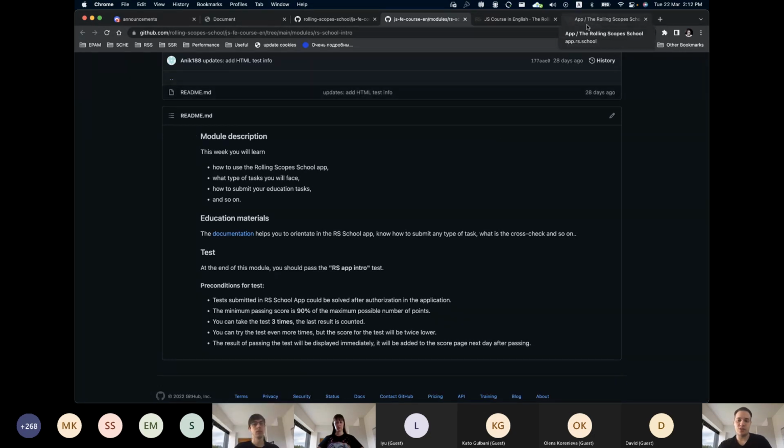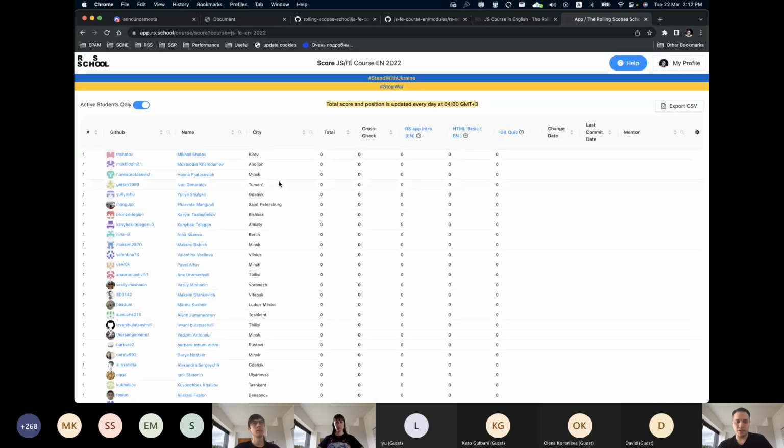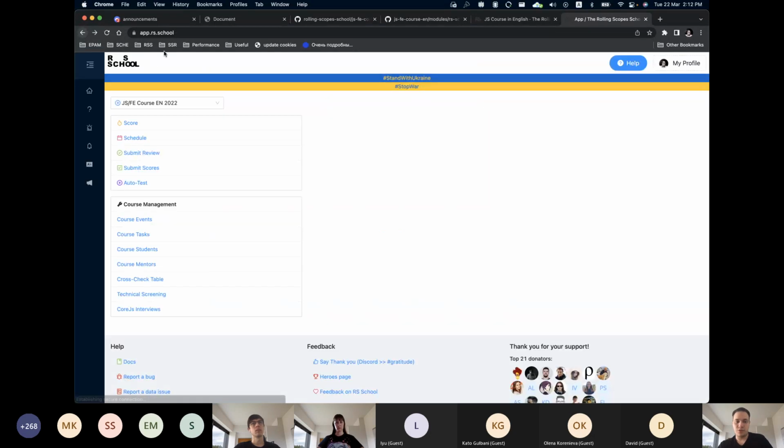During your registration to the course, you probably saw the following platform, which is called the RS App. If you registered to the course, you'll be able to see your GitHub and your name in the overall score list. So how do you pass the test for the following module?